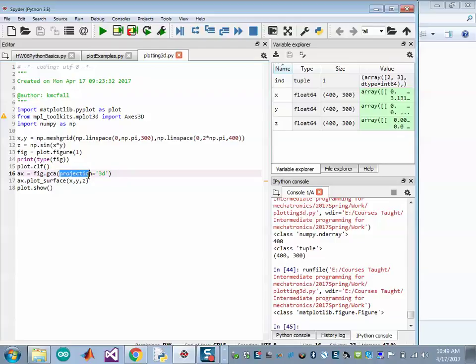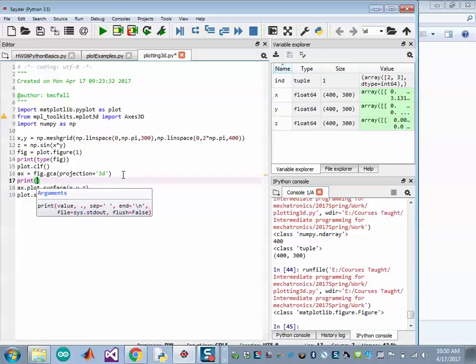And remember, this projection equals, presumably projection is not the first argument in the list for the GCA function. It must be argument number 3 or 4 or whatever. And I want to use all of the default ones except for projection. I want projection not to be its default value, but I want it to be 3D. Okay, so remember when we talked about functions, we did that. And so now AX, if we do its data type, I know I'm out of time. Let me do type AX, and I do it. It's going to be